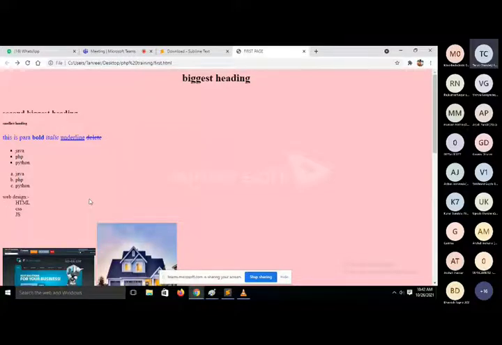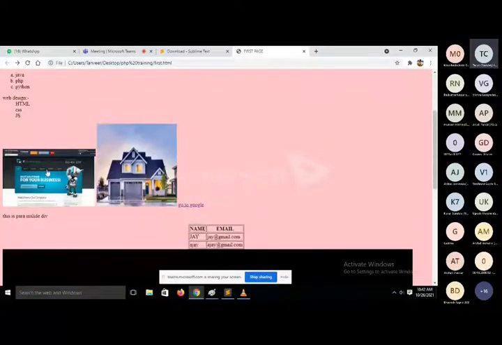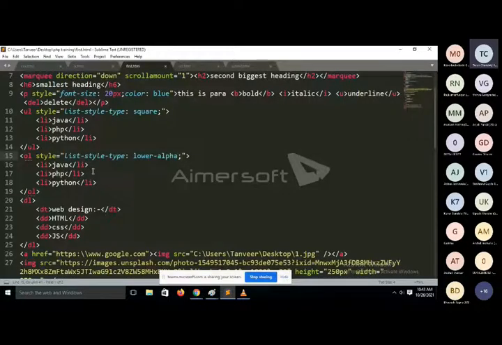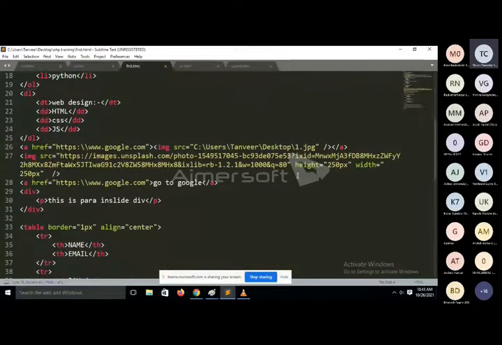Fine. Next, I just want to resize an image, and you know we can resize an image with the help of two properties, height or width. If you want to resize an image, then you will use either height or width. So here we are using the height property or the width property. We can pass two types of value in both the properties, height and width. We can resize an image by pixels or by percentage. Fine.